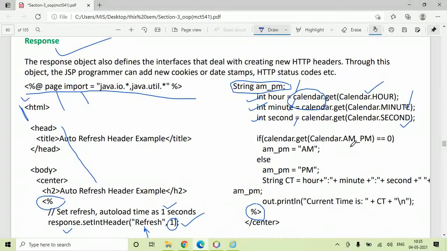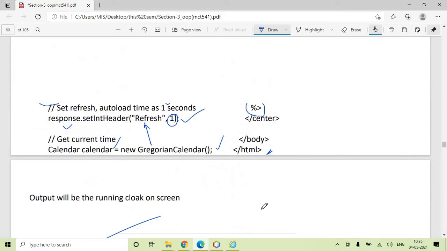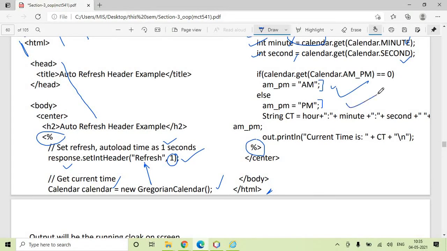Now if calendar.AM_PM is equal to 0, you have initialized whether you want AM or PM, and you want to display the time along with AM or PM. This is the logic for displaying AM/PM.